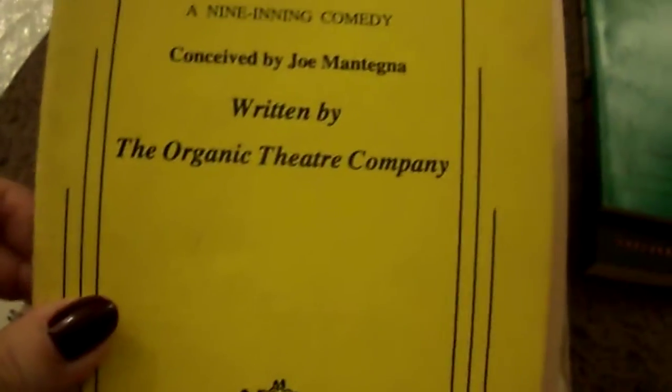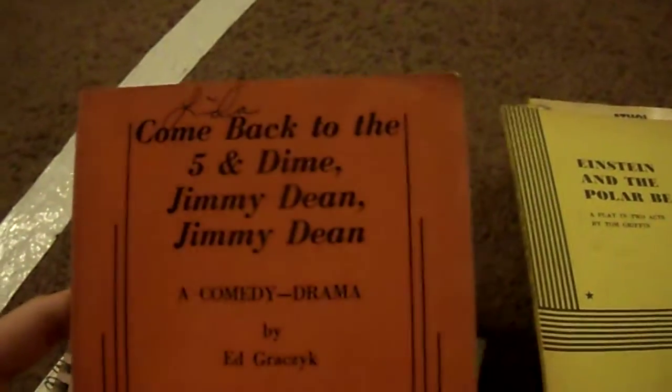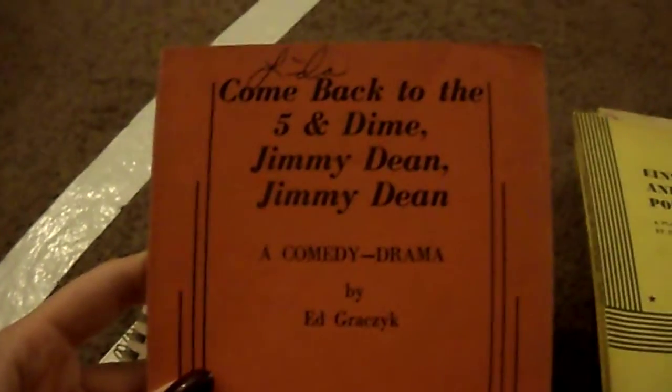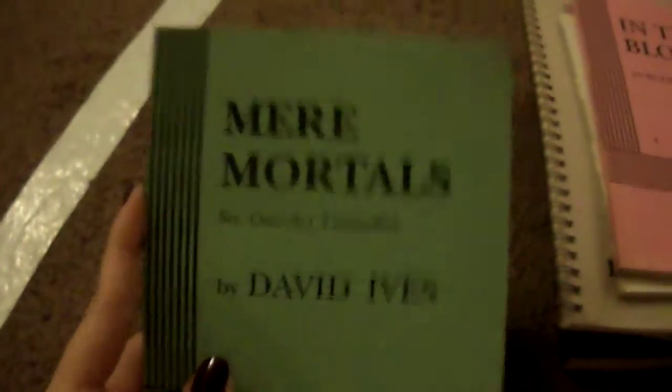Barry, Bleacher Bums by the Organic Theater Company, The Diviners by Jim Leonard Jr., Crimes of the Heart by Beth Henley, Miss Lonely Hearts by Howard Teichman, A Murder of Crows by Ed Graciek, Athol Fugard, Master Harold and the Boys, Einstein and the Polar Bear by Tom Griffin, Come Back to the Five and Dime, Jimmy Dean by Ed Graciek. I should know how to pronounce that, but Love Letters by A.R. Gurney, Androcles and the Lion by James Englehart, In the Blood by Susan Laurie Parks, Mere Mortals by David Ives,